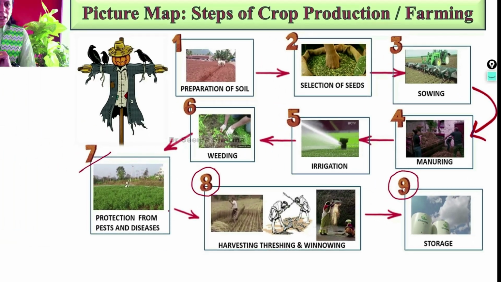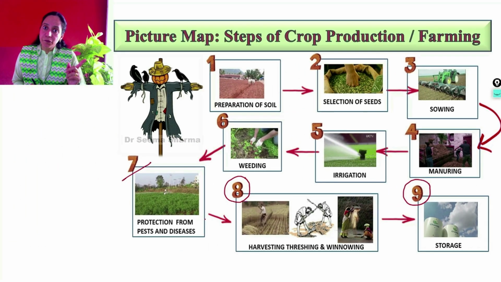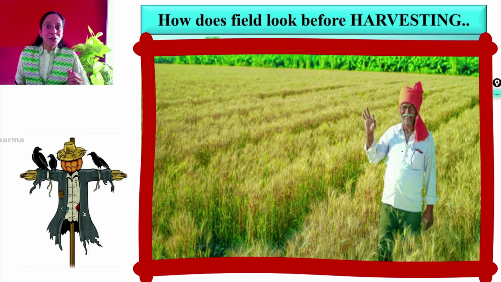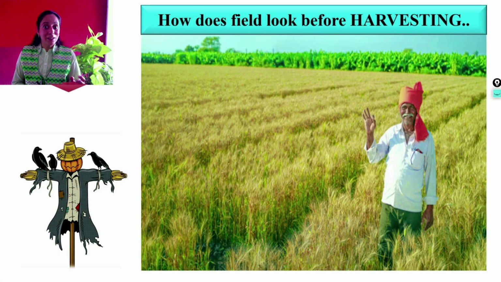Yes students, before covering steps 8 and 9, I will take you to the farmer's field, and we will see how the crop that has ripened looks and what the field looks like. See, this is how the farmer's field looks when the crop is ready to harvest. And this farmer has got a bumper crop. This is Mr. Scarecrow. It also has a very significant role in protecting the crop from birds. Now our crop, which is there in the field, is ready to harvest. So come along, stay tuned till the end and explore these 2 steps along with your facilitator.